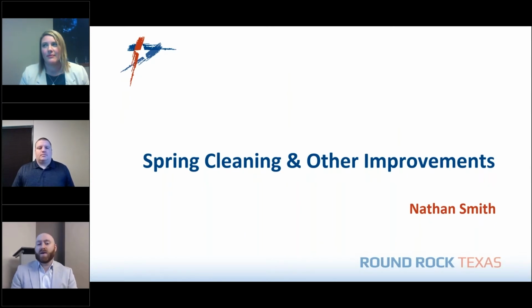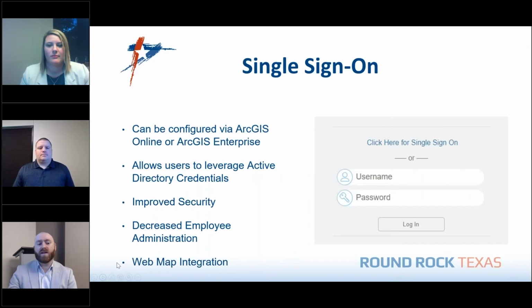So like Jill said, let's talk about some of the last improvements that we've been doing for Cityworks. The first one that I want to cover today is single sign-on. Single sign-on is really cool. It works with your ArcGIS Enterprise or ArcGIS Online deployment. The cool thing about this is it allows your end users to use Active Directory credentials as opposed to built-in credentials in Cityworks. There are some pros to this, of course: improved security, decreased employee administration for your Cityworks administrator,